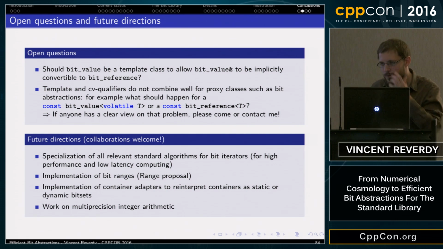I don't know this proposal by heart, but you can specify how the reference and value types are linked all together.